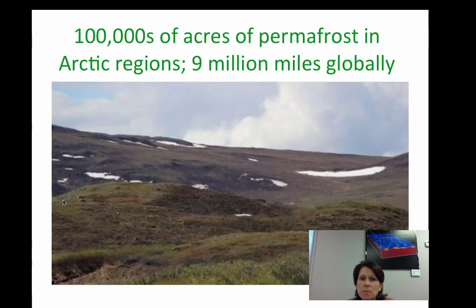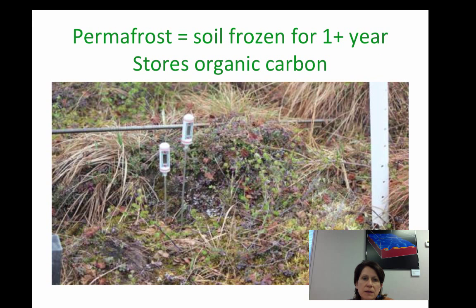There are over 9 million miles globally of permafrost around the world, and permafrost is a very active ecosystem, not just a white frozen wasteland as some students think. Permafrost is soil that remains frozen for at least 2 years, and one of the things we measured was depth of permafrost, and this was about 3 centimeters, so a very shallow active layer that still could support a lot